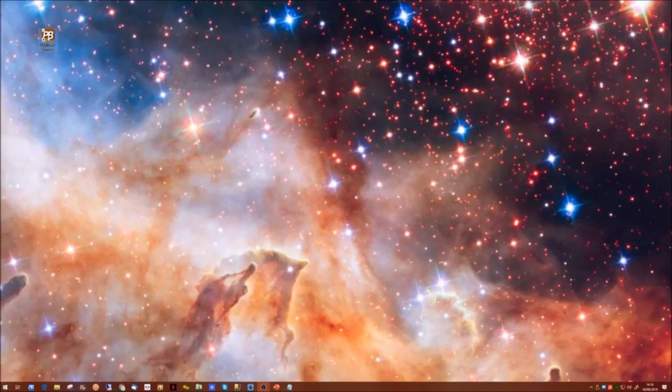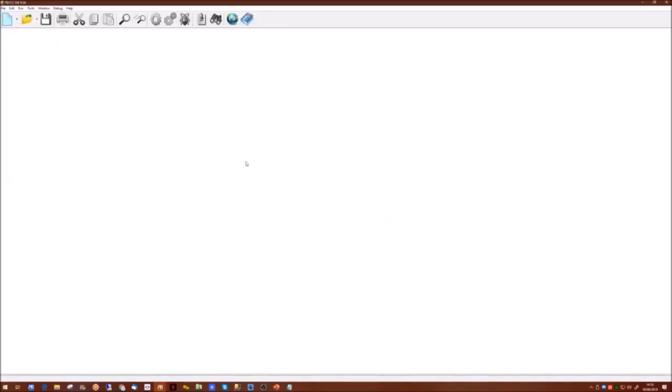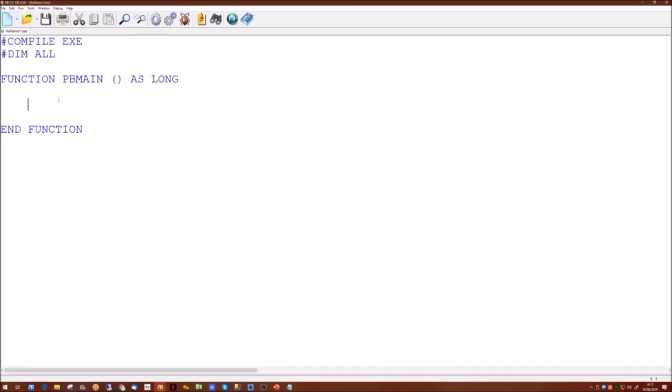So, starting with clicking on the shortcut to the PowerBasic console compiler, we'll launch the application. Now, for ease of visibility, I've increased the size of both the font in the application here and the toolbar, just so you can see everything clearly. If we click on the first icon on the toolbar, this allows us to create the template for a program. We have a number of options. We're going to pick the first one, which is the console program. I'll cover the rest later. If we click on console program, here it is.